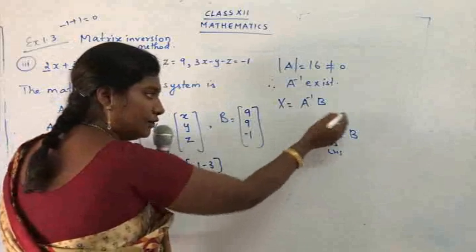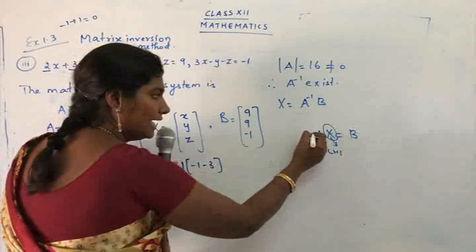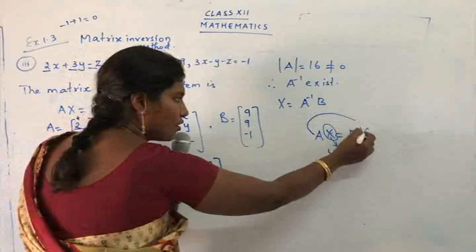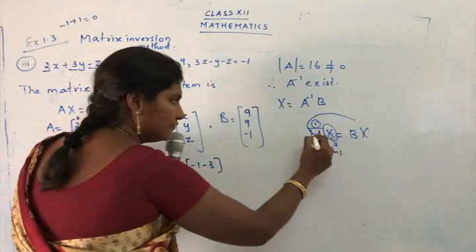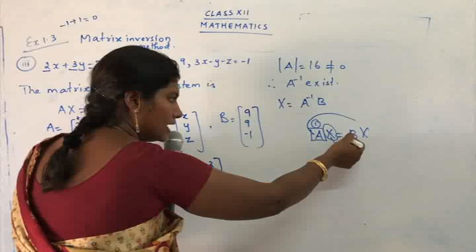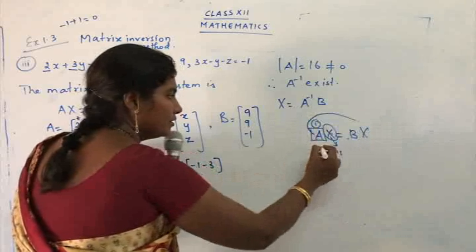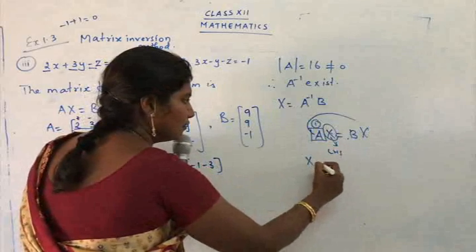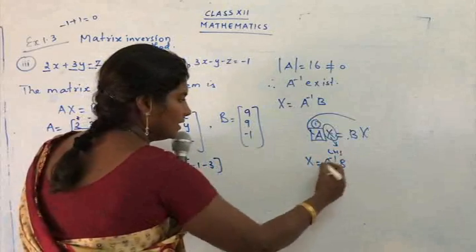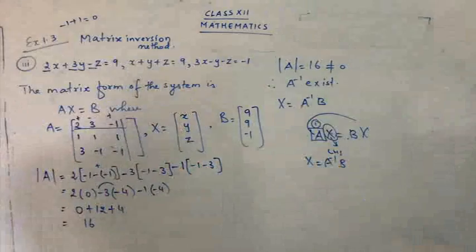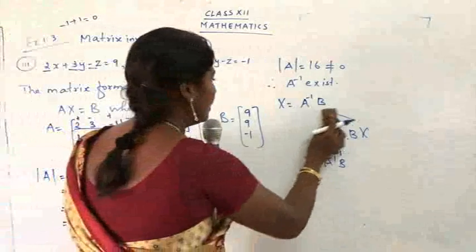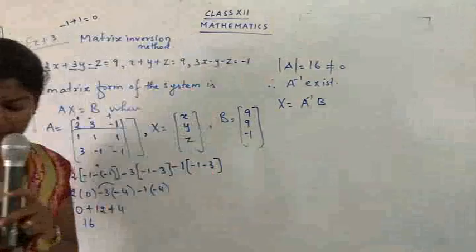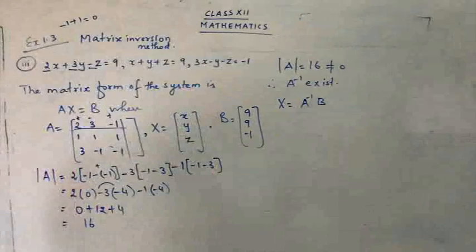Now we are going to shift A to the RHS part, so do not take A over here, okay, this is wrong. A is in the first part, yes. So when you are shifting A to the RHS part, it should go to the first part. So it becomes x is equal to A inverse B. Getting the step? So we are going to find out the value for x. And what is the formula for x? It is A inverse B.